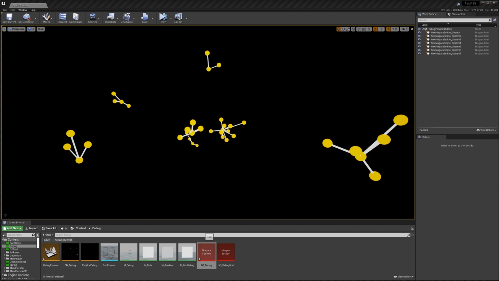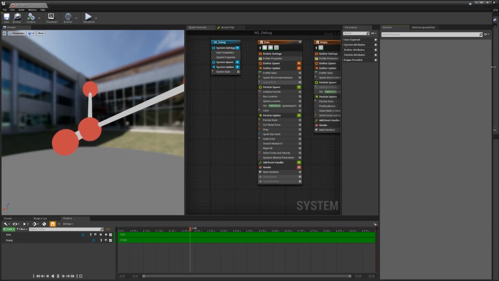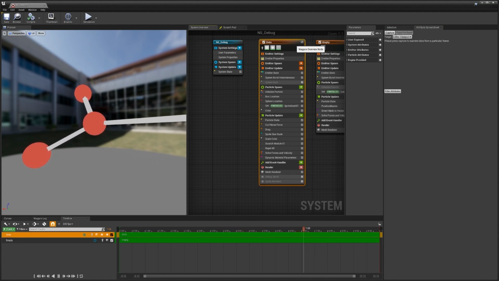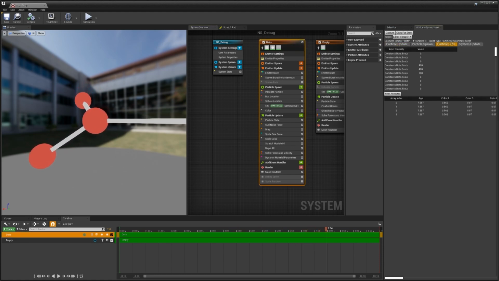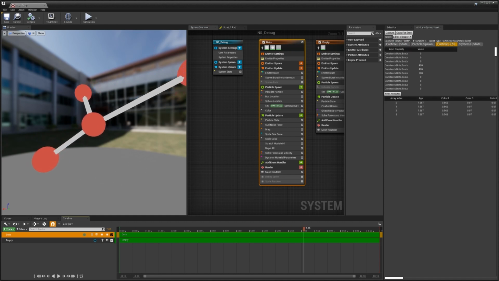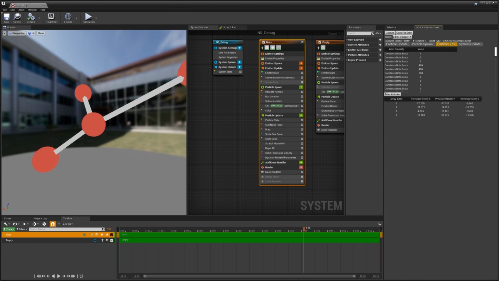Lastly, I just want to very quickly touch on debugging. We've already got some pretty powerful debugging tools using the attribute spreadsheet. You can use this to capture data on the particles that are currently within your emitter. So here we have all of the data that's being generated for each of the particles. This can be really useful for checking different attributes, and you can even filter out data that you don't need. So here we can just take a look at position X, Y, and Z.